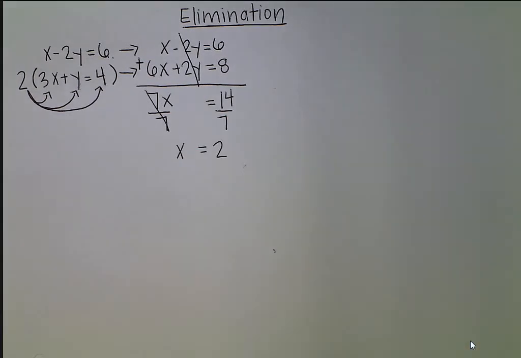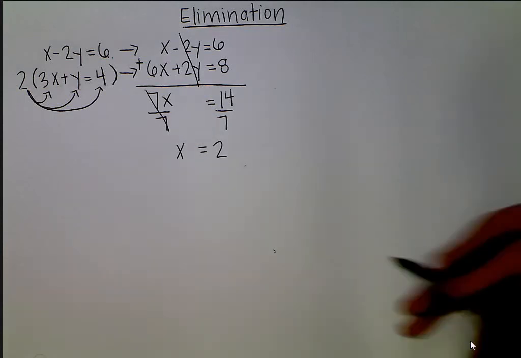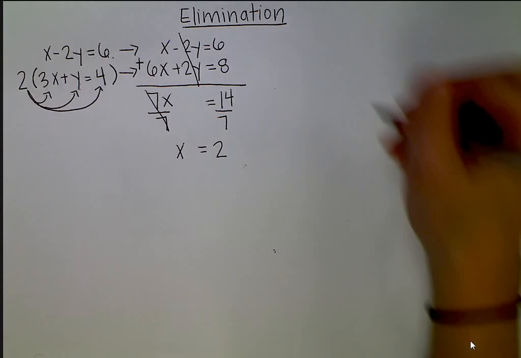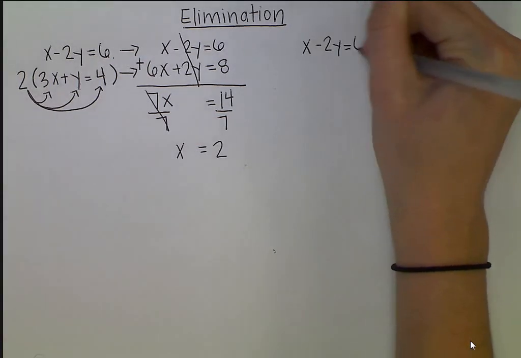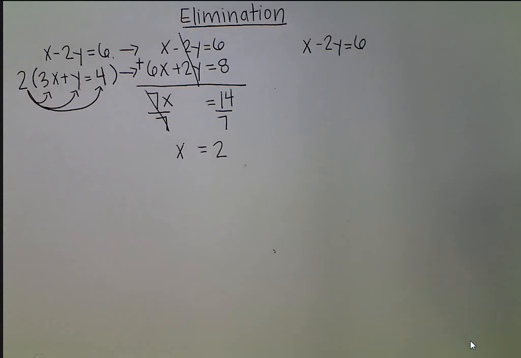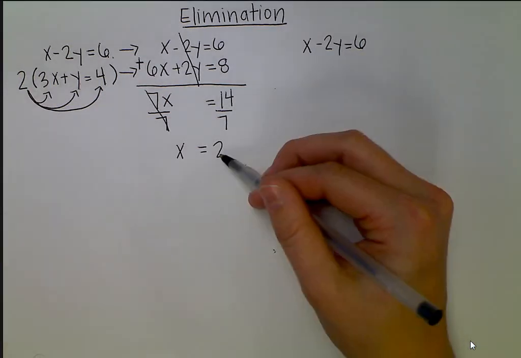Choose one of the two original equations to use for this next step. It does not matter which one is used. I'll choose the first one. The first line was x minus 2y equals 6. Since I've solved for x, I know the value that can be plugged into this equation. Plug in 2 for x